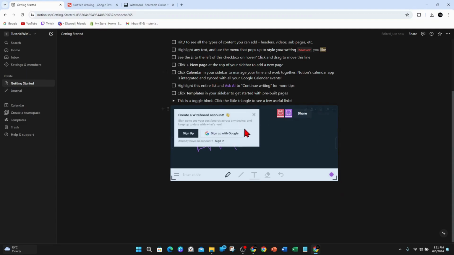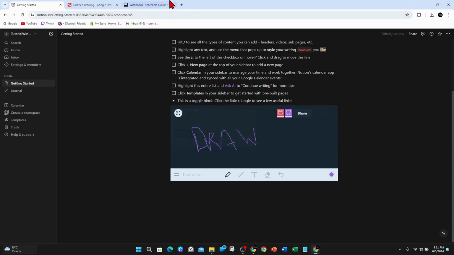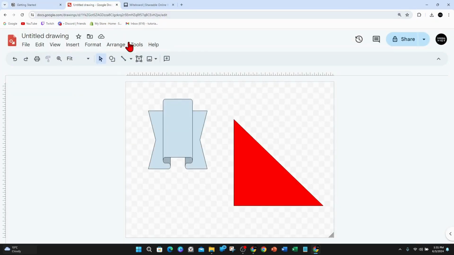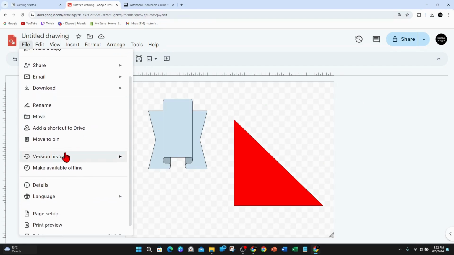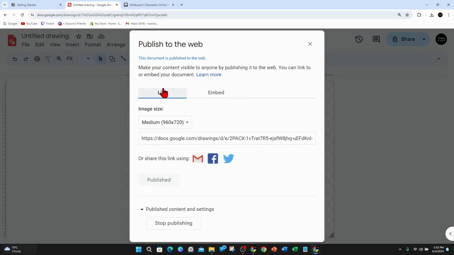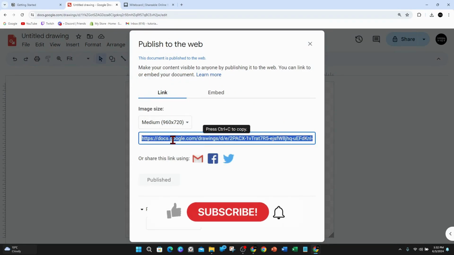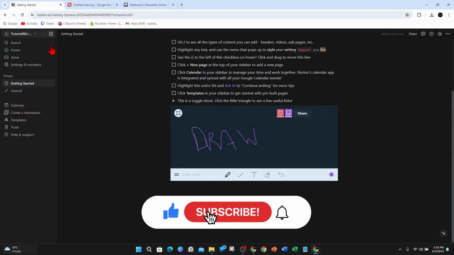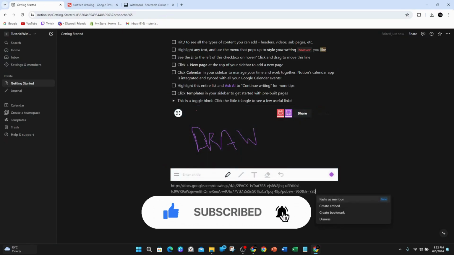Another way to do this is to go to Google Drawings itself and then create a drawing here. And then once you've created a drawing, I know it's a pretty bad drawing, go File, and then from here click on share and then click on publish to web. And now under link, you want to copy the link here, Control C, and then here click Control V